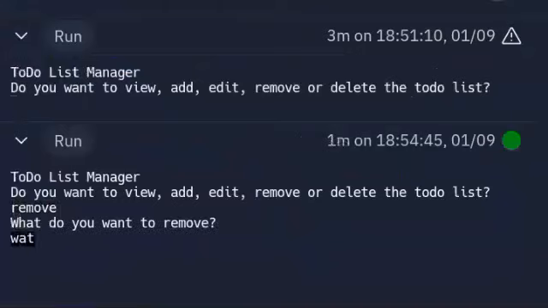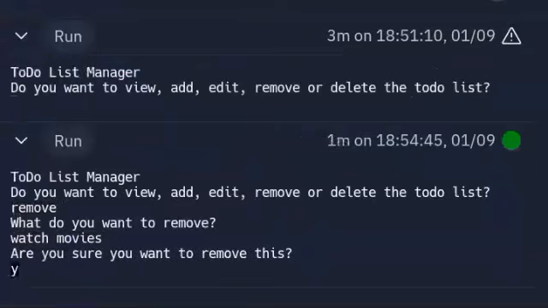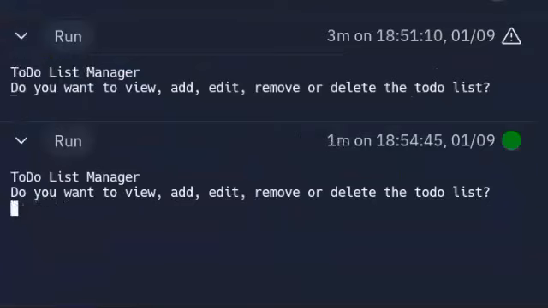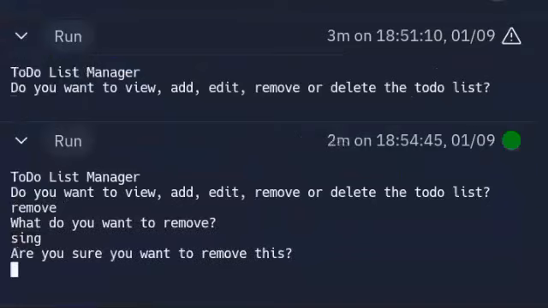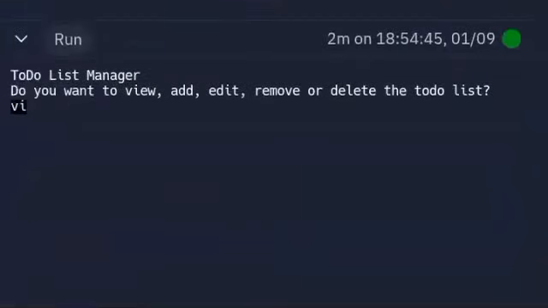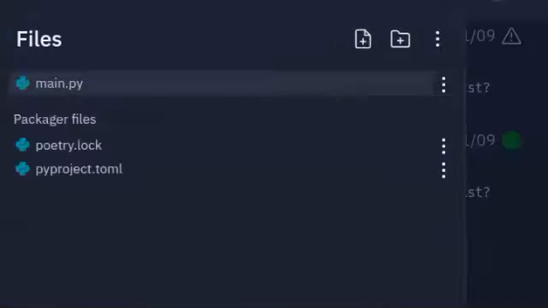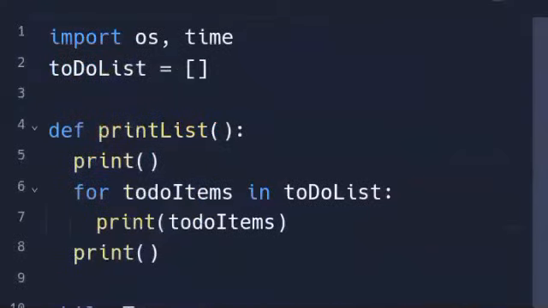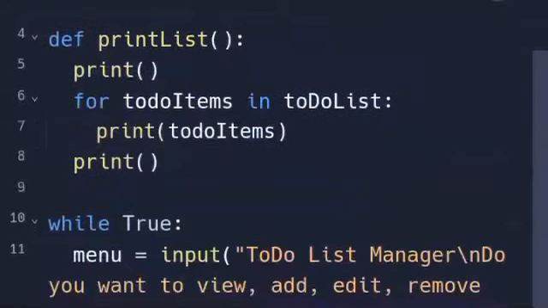Then I'm saying remove, it checks with me like, are you sure you want to remove? Yeah. Then after that, I'm viewing it. Yes, it's removed. After checking with me, I write yes, it says yes. And then it removes the item. And what else? If I want to delete it, I just